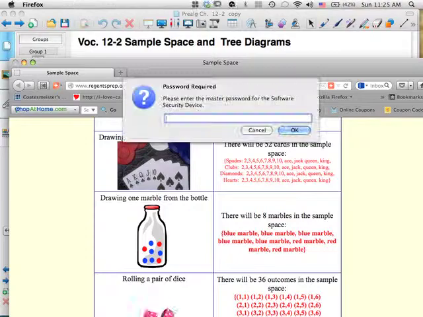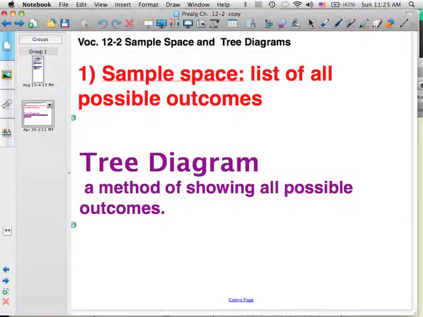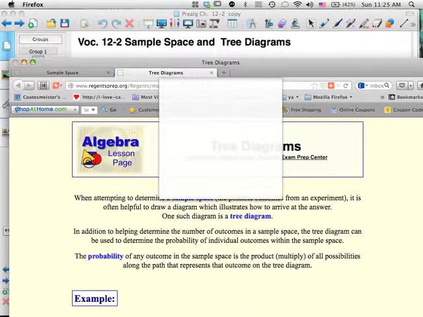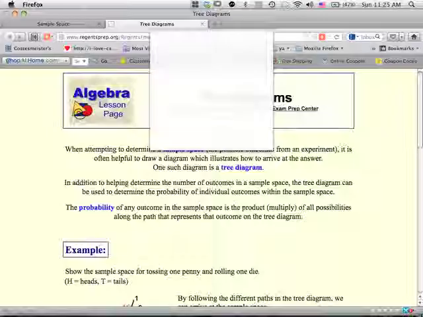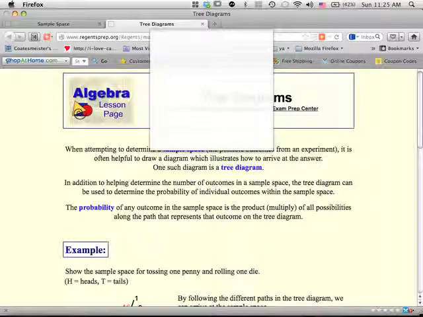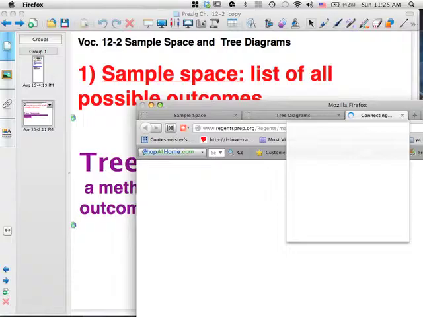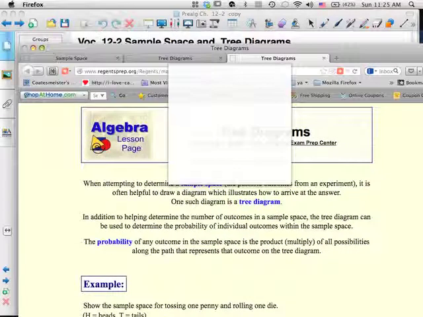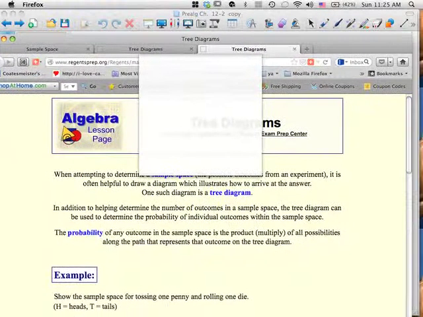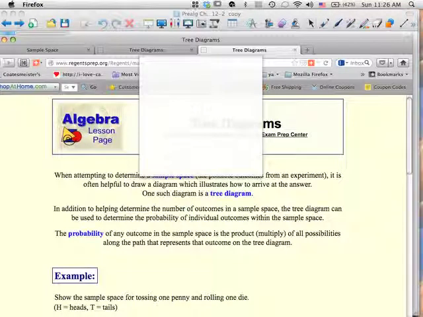And then a tree diagram. In this case here, if I wanted to, I don't think it's going to want me to get there. A tree diagram is a way to show all possible outcomes by setting up